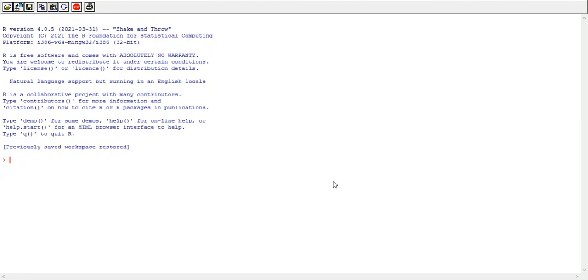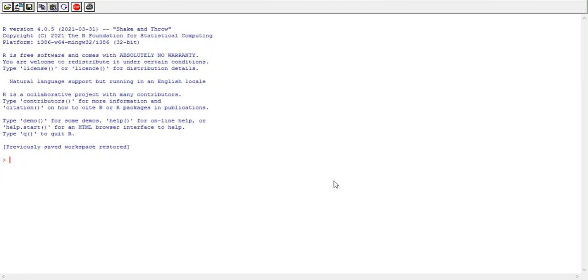In today's session we are going to study some miscellaneous functions that can be executed on an R data frame. In the previous session we studied how to create a data frame and how to execute different types of functions on data frames. So today we are going to study the subset function, which is used to reshape a data frame, which is used to filter data from the data frame.